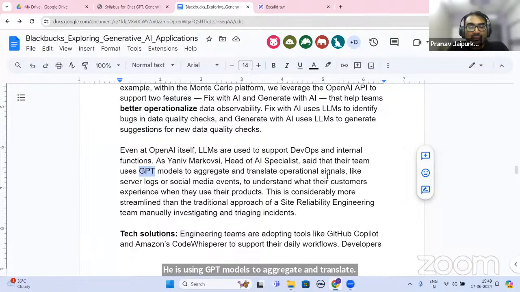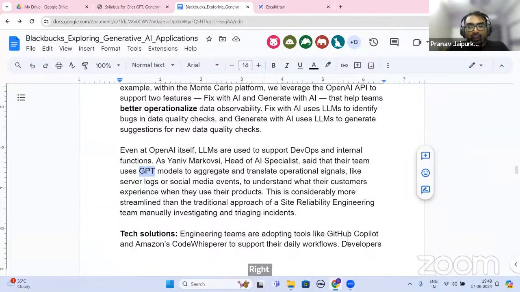So just see that if DevOps activities can be automated, then how powerful is ChatGPT? Just try to get an idea or an overview about this, that how powerful that particular part is there, right?